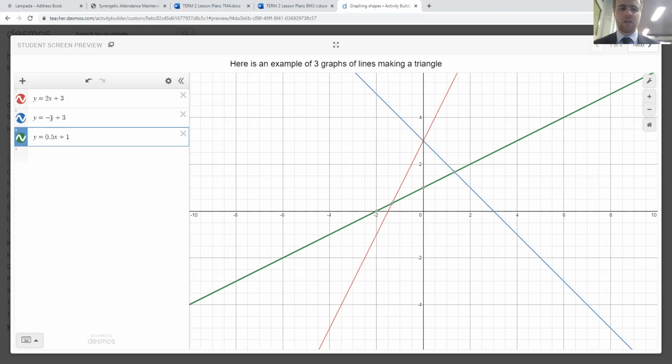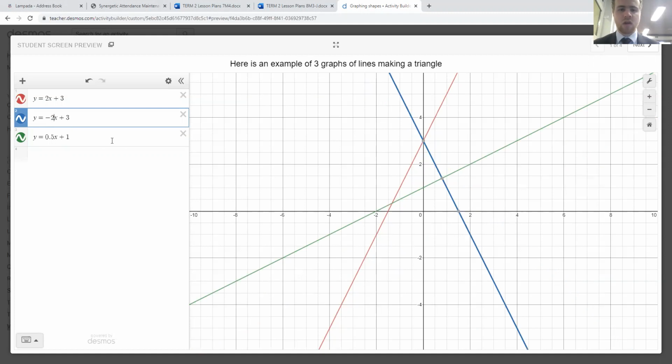I can also edit these other lines up here. So if I change the number in front of x, what's going to happen? Well, the number in front of x changes the slope of the line. It's the gradient. Okay, so if I make it a 2, it gets a bit steeper. If I make it a 3, it gets even more steeper. 4, and you can sort of see it changes the shape of my triangle. It's still a triangle, but it's just changing the shape